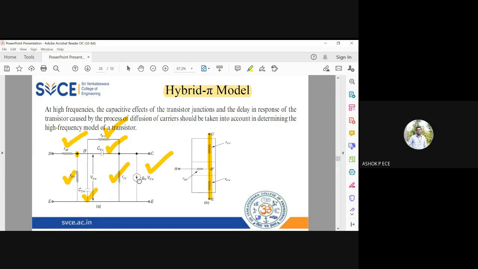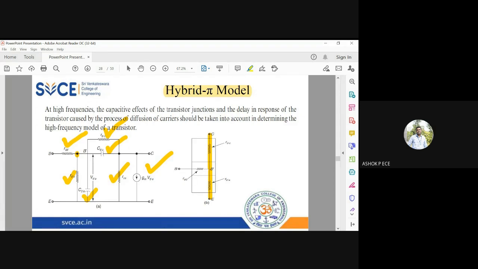That current source is gm into Vp'e. Why does all this come? Why the resistance and capacitance we have seen is between the terminals and we are drawing it. Why we are getting this current source and all, we will understand when we go deep into this hybrid pi